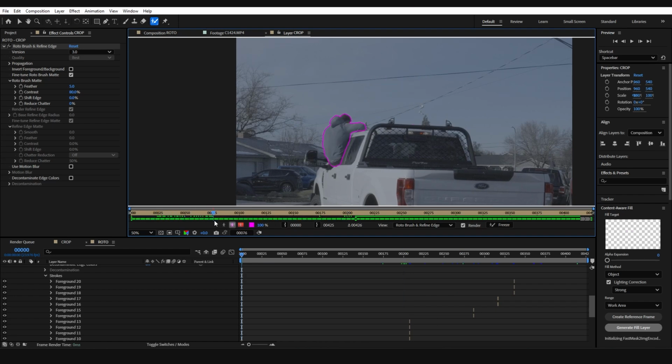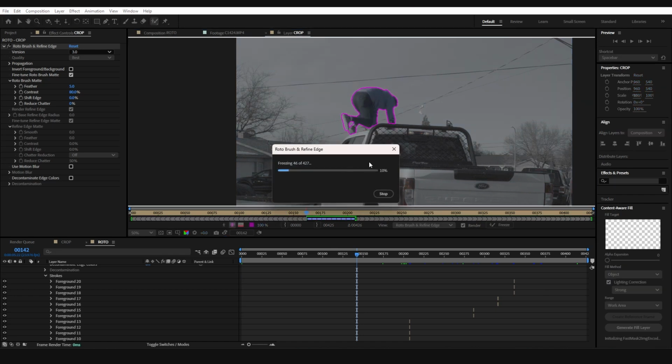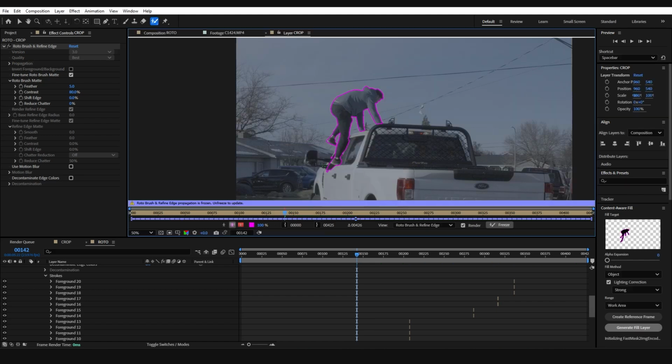Once you're finished going through and you're happy with your selection, you can go ahead and click this button here to freeze your Rotobrush so it doesn't just try and continually update in the background as we're working on this shot. Once that's finished processing, this bar is going to turn blue, indicating that it is in fact frozen,